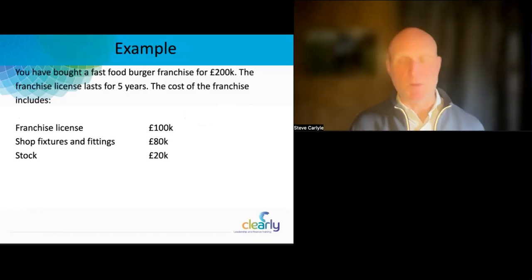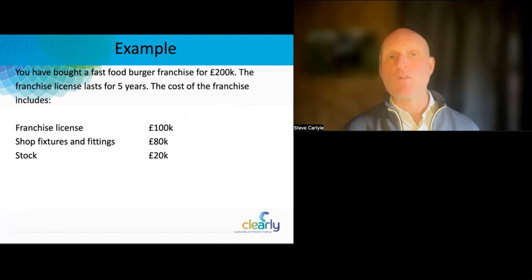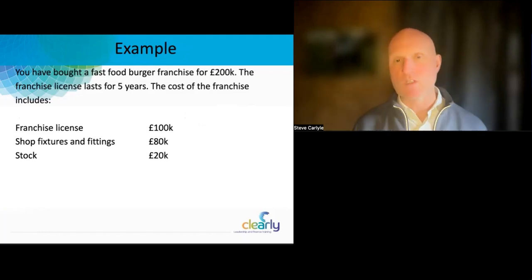Let's have a look at an example. And I've used in the example a franchise. So a franchise is when you buy the right to trade using somebody else's brand name and using somebody else's branding, and you may also acquire an exclusive territory within which to sell those goods or services. So we've bought this franchise, and if you look at the example, we've paid £200,000 for the franchise. Now, what did we get for our 200,000? Well, we got